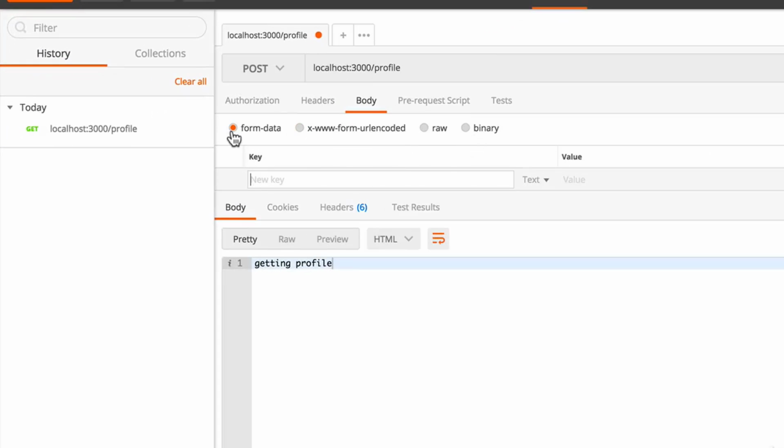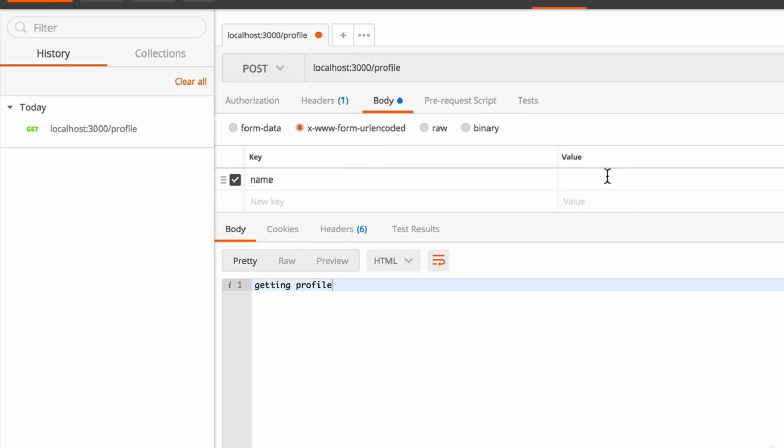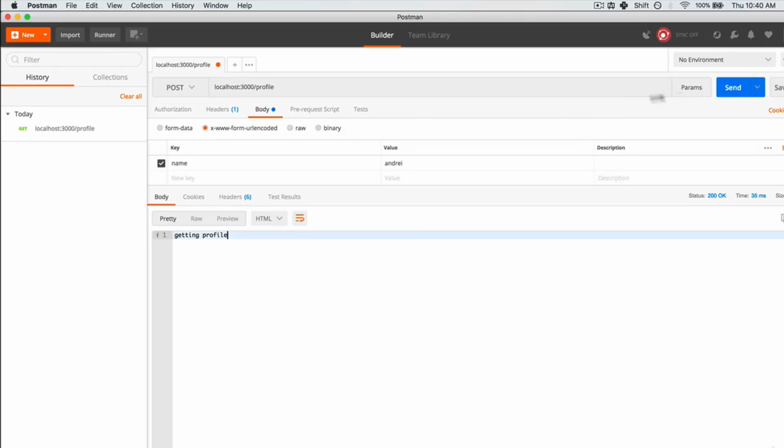And you see over here that there's a couple of options. Form data, the x-www-form-urlencoded, we have raw, and then binary. Now, don't let this scare you. These two are forms through HTML. If you usually do an HTML form tag and do a get or a post request, you can just click on this and you can see here key value. So I can say name equals Andre. And now when I send this,